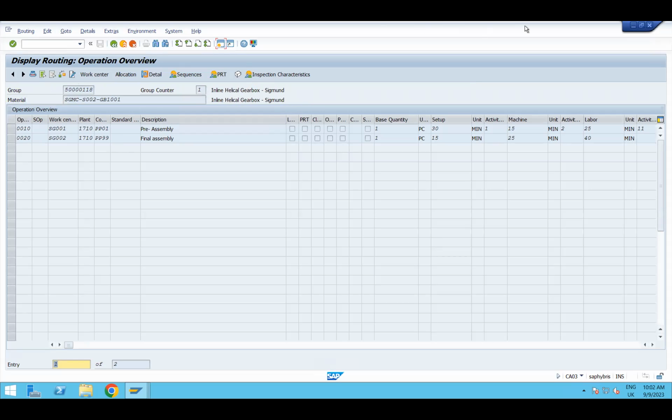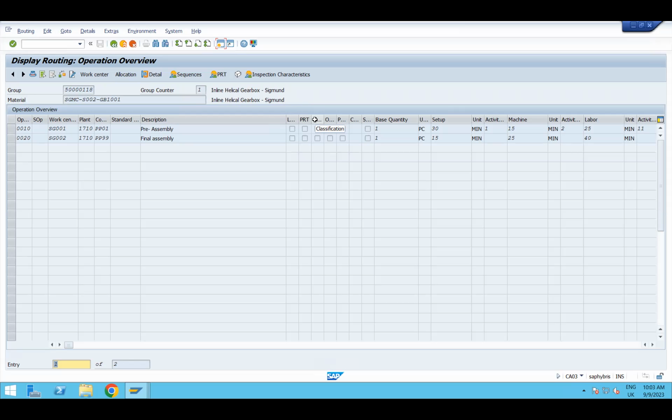We need to fill the values for whatever we have given in the work center, sir. No, that is already there. Setup time 30 minutes, emission 15, all these things we discussed. There is one critical detail in this routing page that I did not tell you.